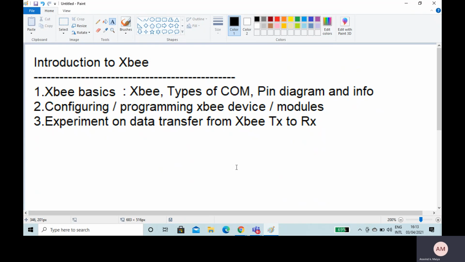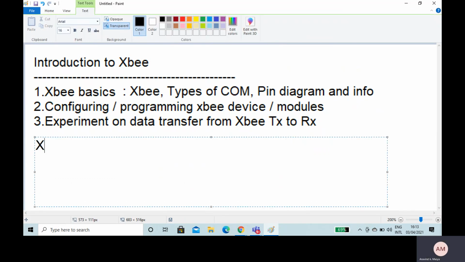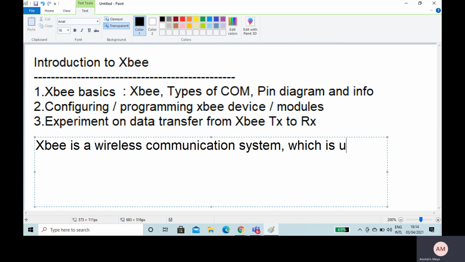Okay, so now coming to XP. What is an XP? XP is basically a wireless communication system which is used to wirelessly transfer data between two devices.